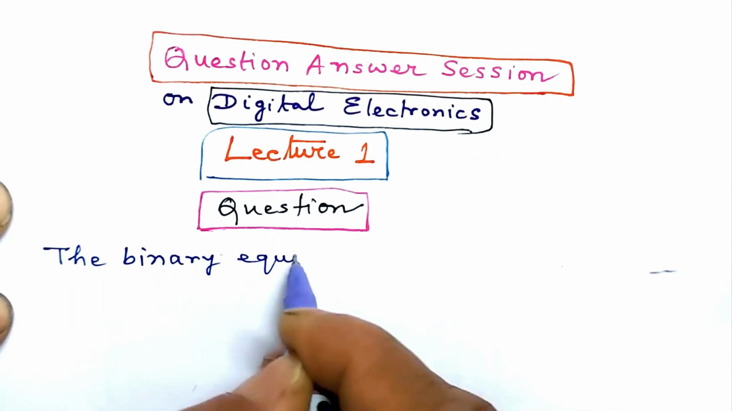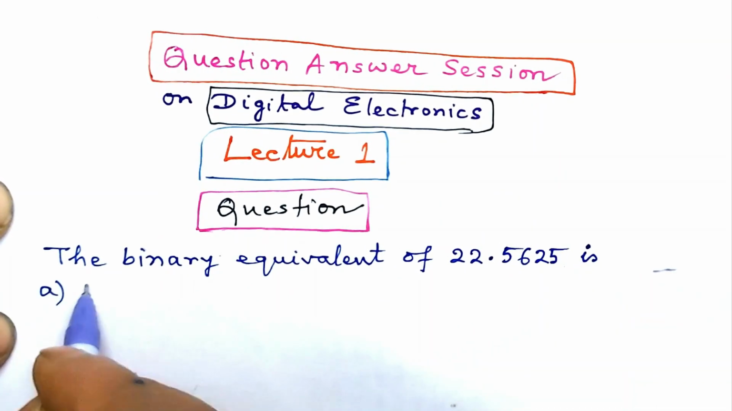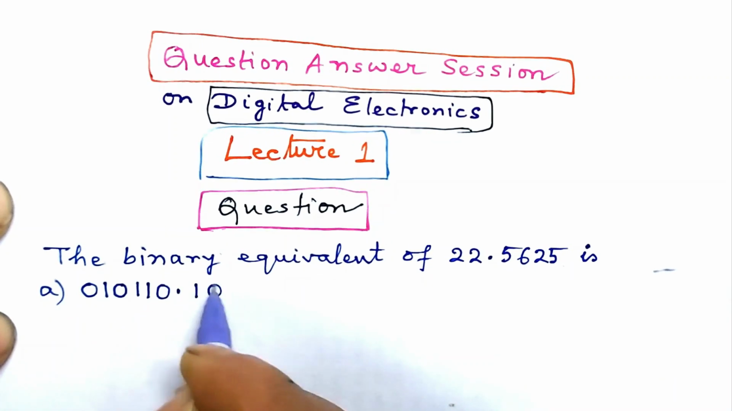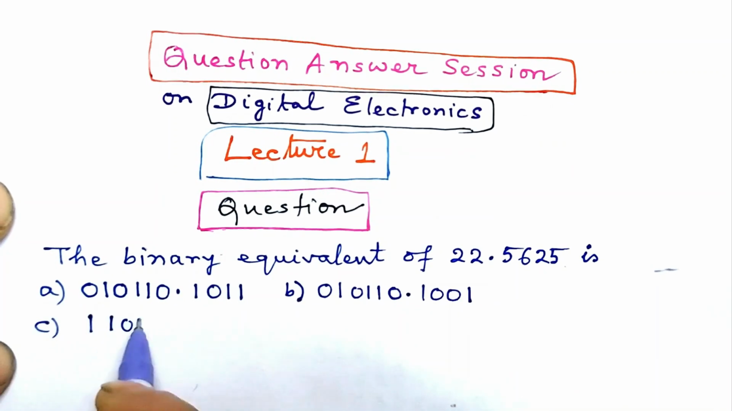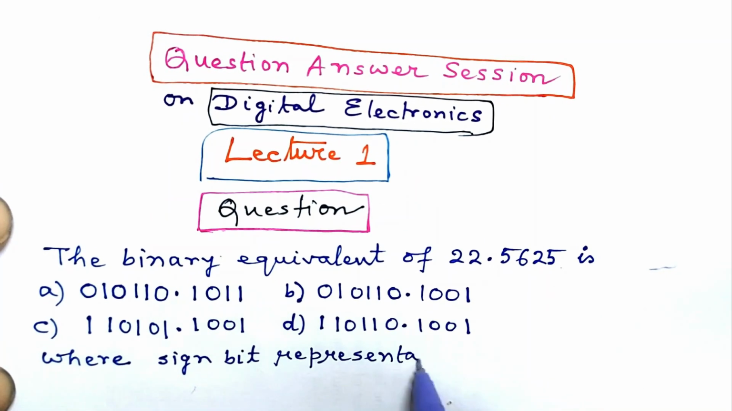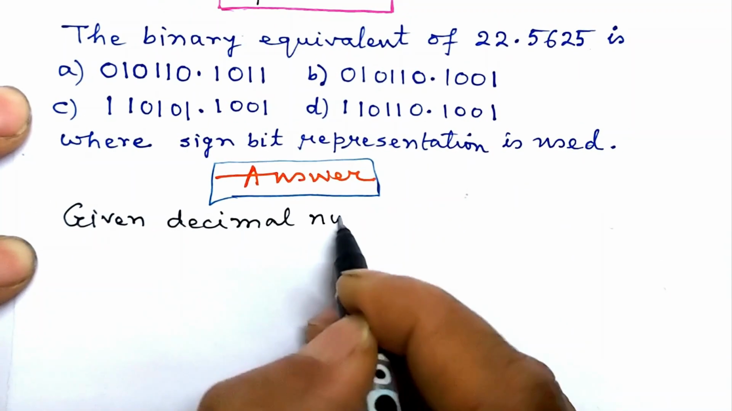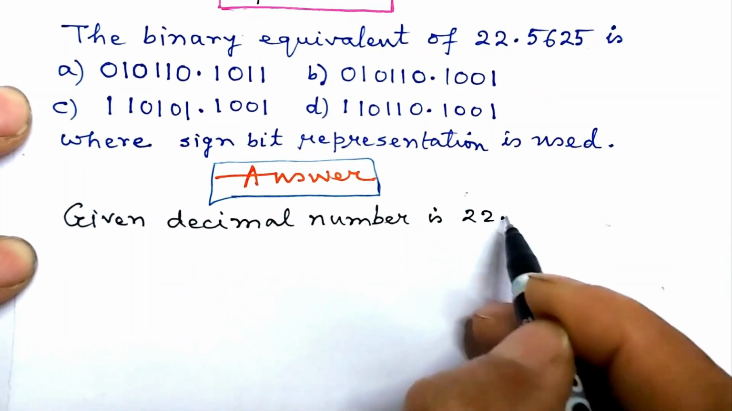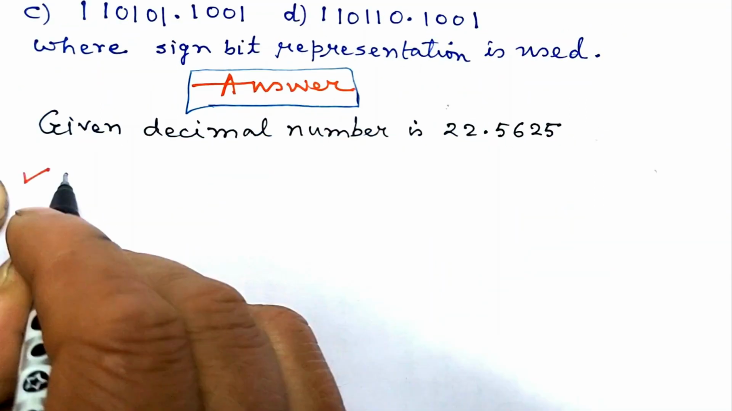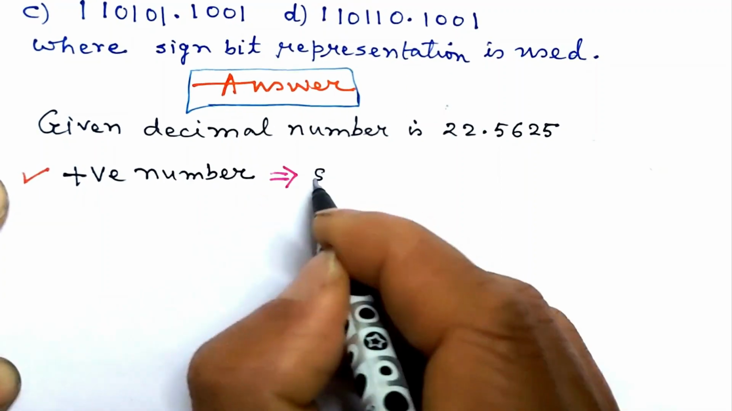The binary equivalent of 22.5625 is, and the options are A, B, C, and D, where sign bit representation is used. The answer: given decimal number is 22.5625. Let us mention that in sign bit representation in binary number system, a positive number corresponds to sign bit